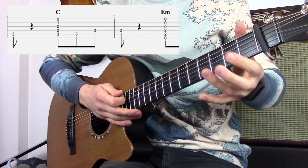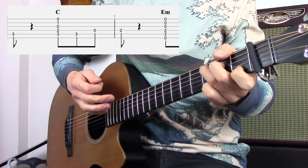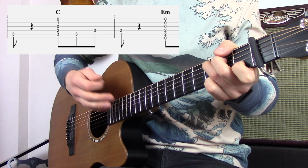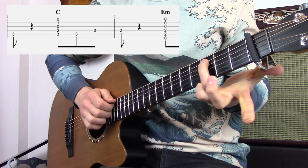So let's look at that in a bit more detail again. So I'm still playing the C, same as I ever was. 1 and 4. However, when we get to beat 5, I'm going to play the 3rd fret, so our root